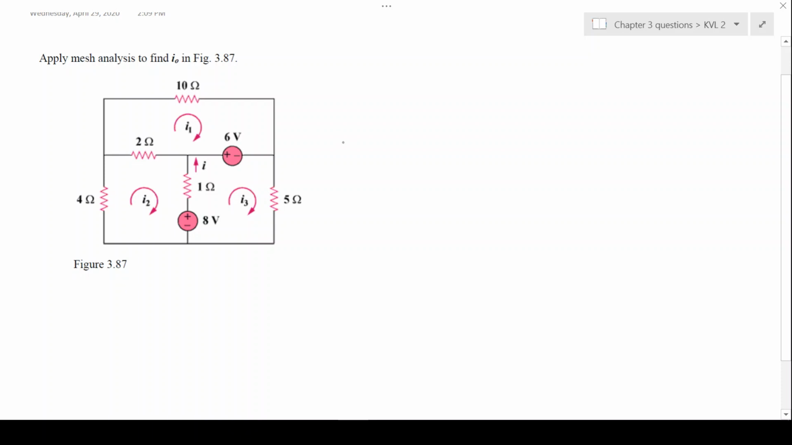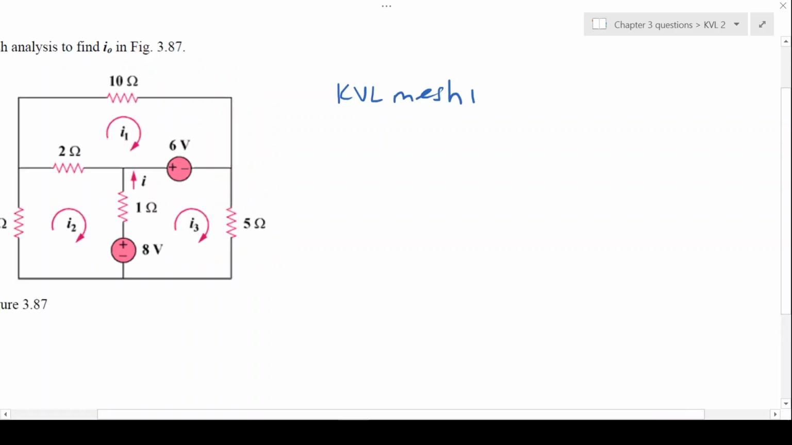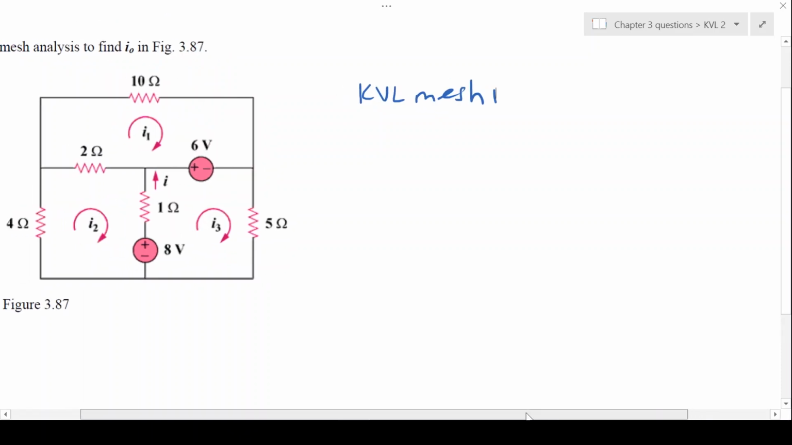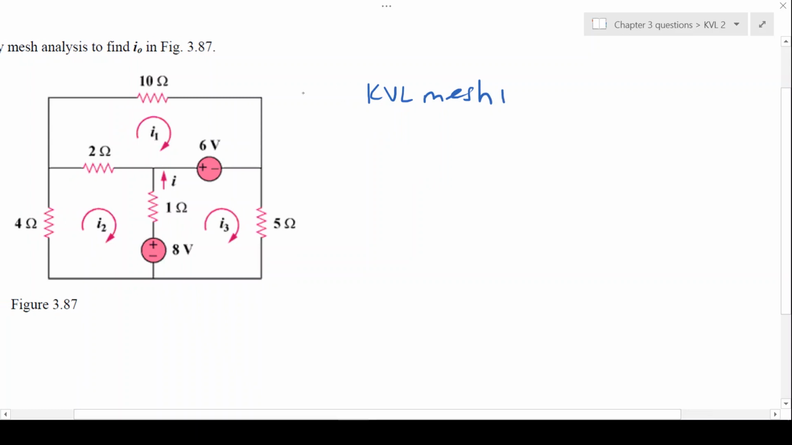Alright, so let's begin. We're going to first say KVL mesh 1. In the first mesh we're going to move in a clockwise direction. So we're going to start off by saying